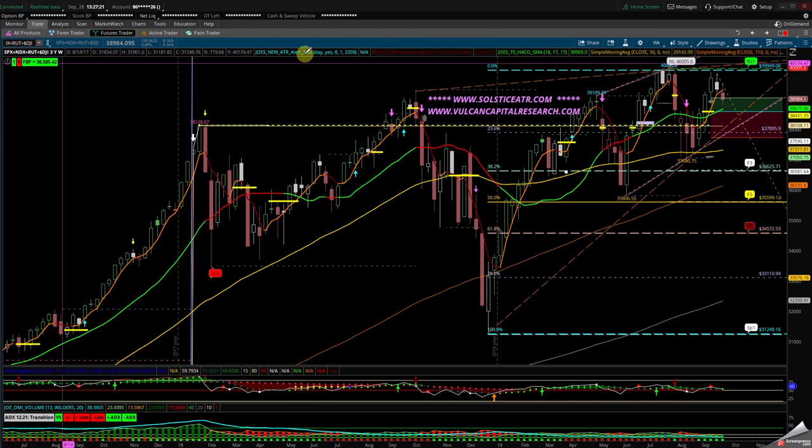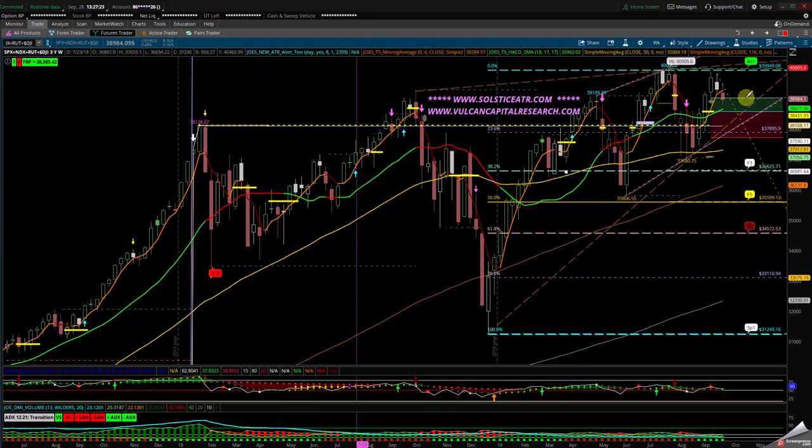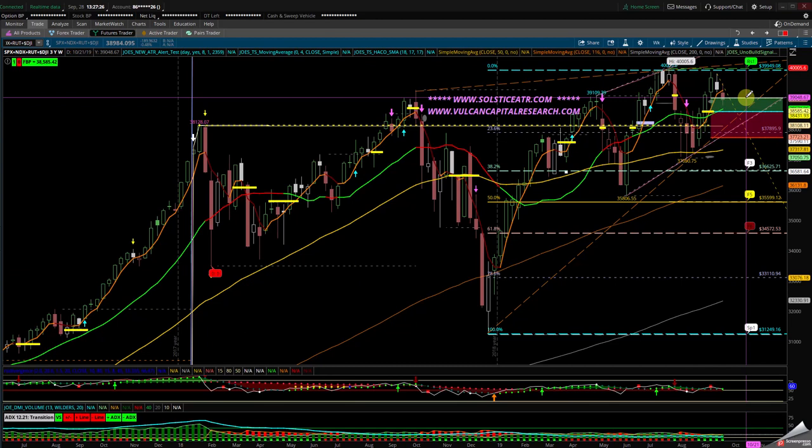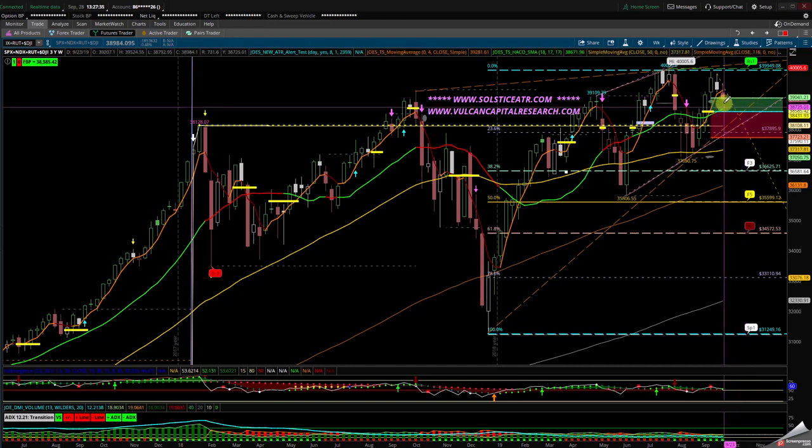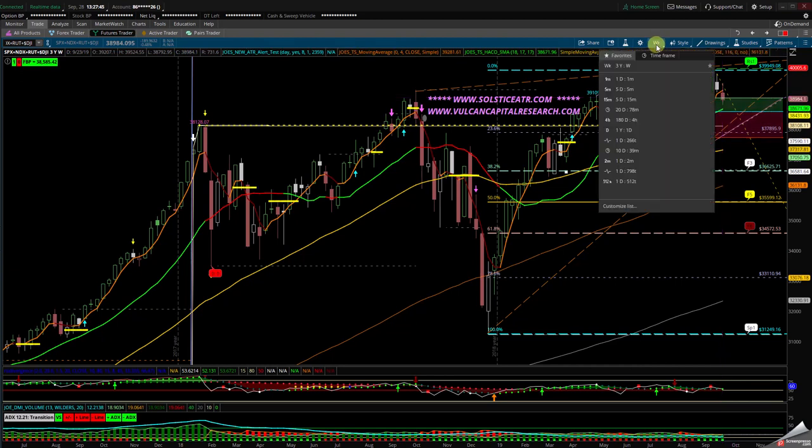We just tapped into the 39, let's call it 45 area. That was critical. We fell into it. We tried to test the 18 simple moving average and bounced a little bit on the weekly chart, having those four instruments together. But let's go down to the daily chart and take a look at the trend.